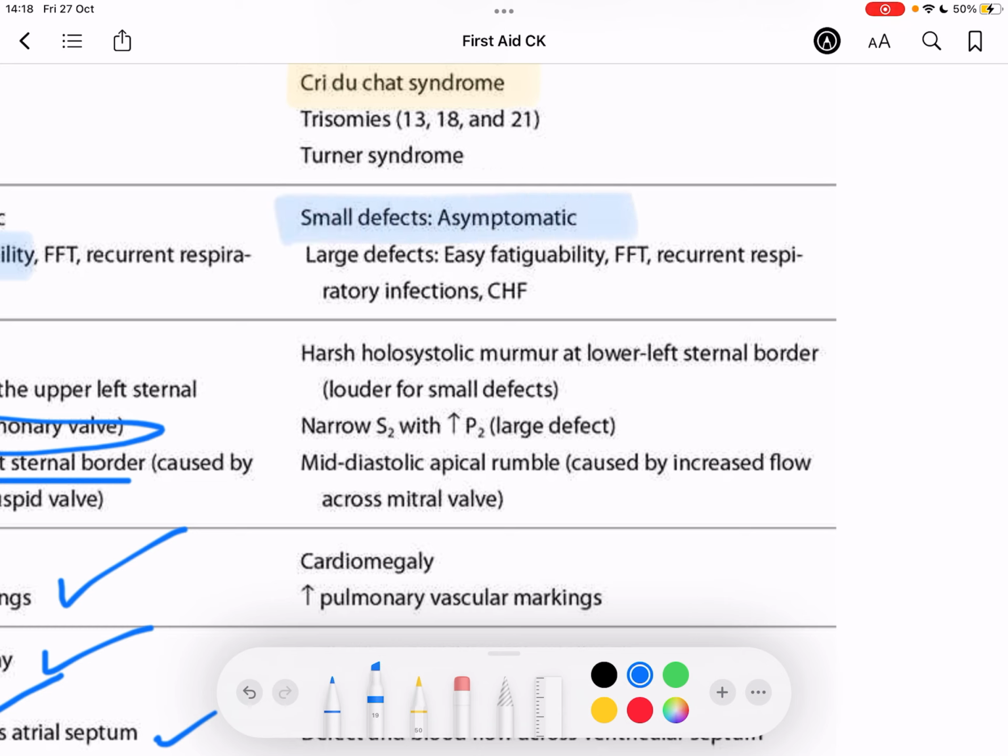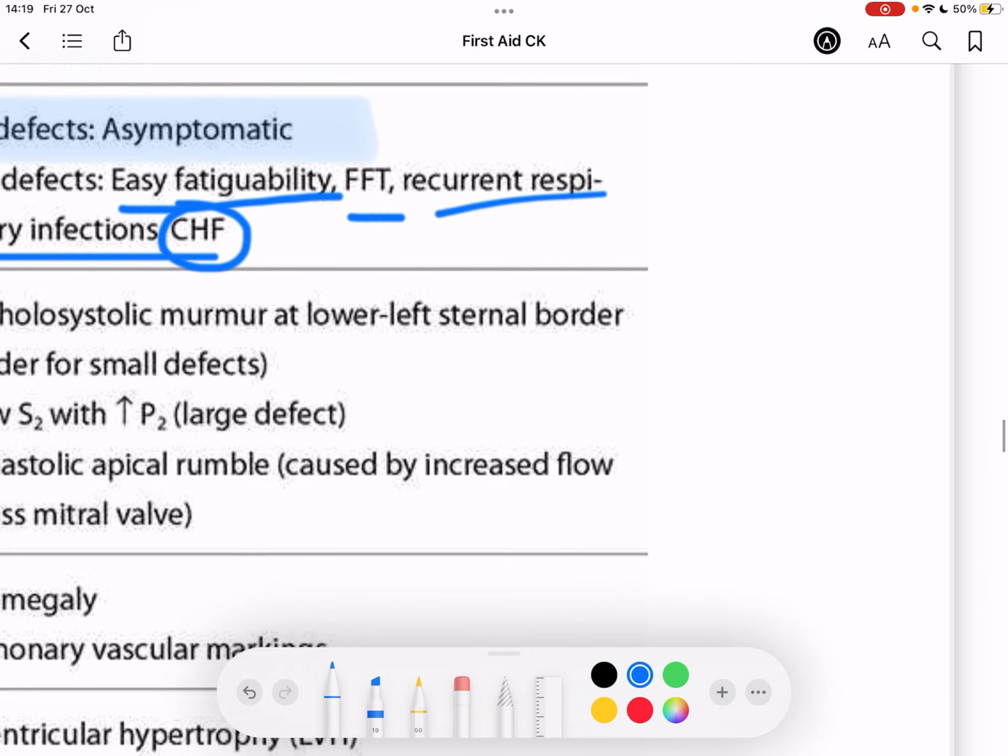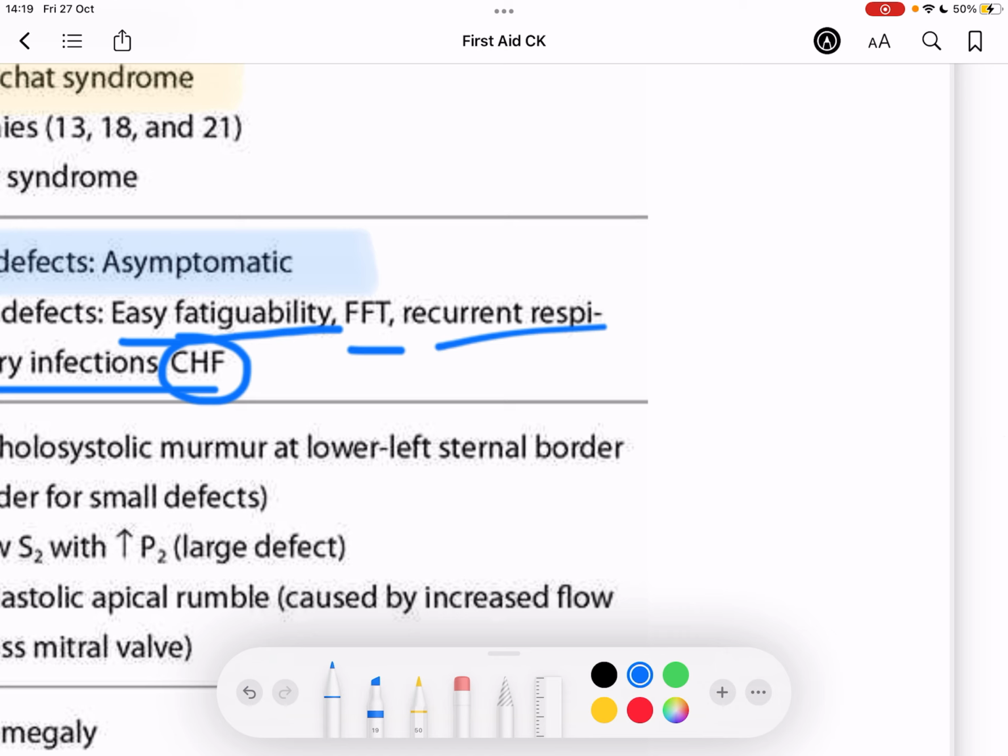If it's really, really small, the patients are usually asymptomatic. If it's larger, they have signs of heart failure again. So they can have easy fatigability, failure to thrive, recurrent respiratory infections, etc. And just one point about the VSD is that the murmur that we get in the VSD, which I'm going to mention in a minute, is often louder